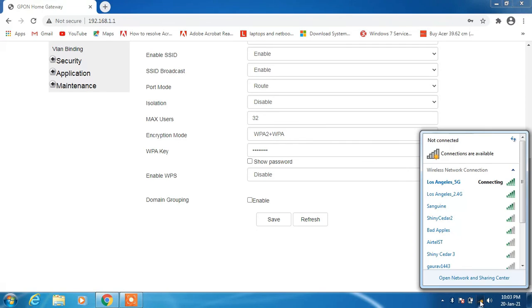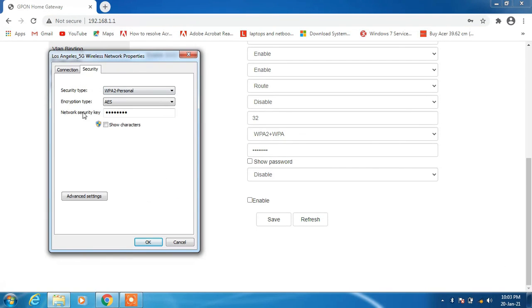Now click on this network icon and it is showing that it is trying to connect to the network, but since we have changed the password, it will not be able to connect. So what you have to do is click on this network, right click over it, click on the properties option, and click on this show characters option.